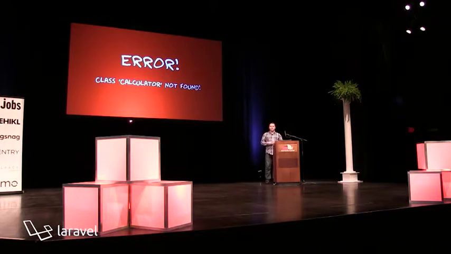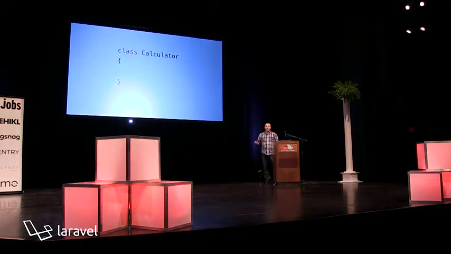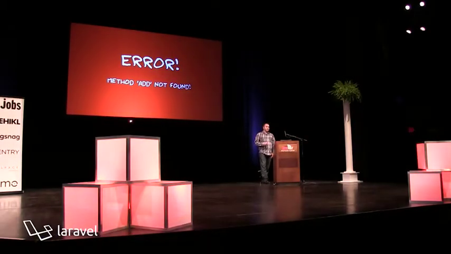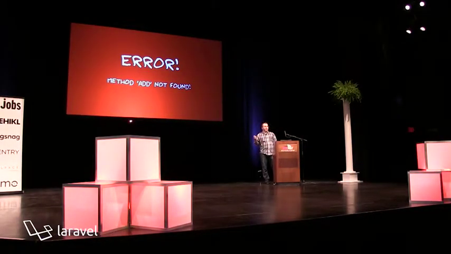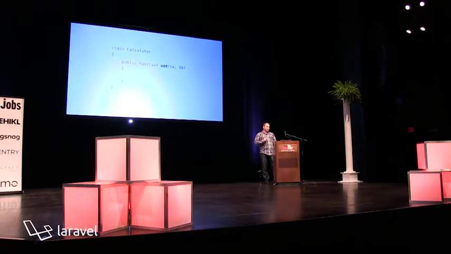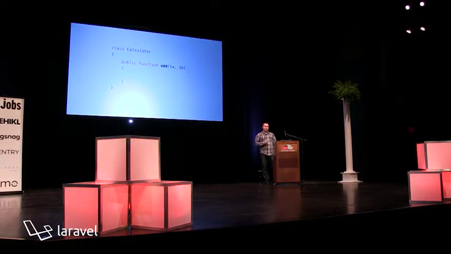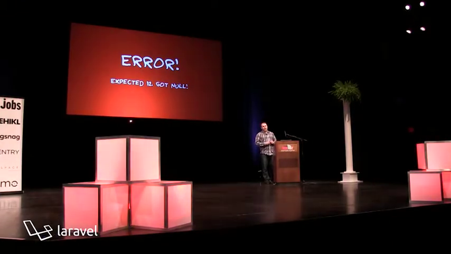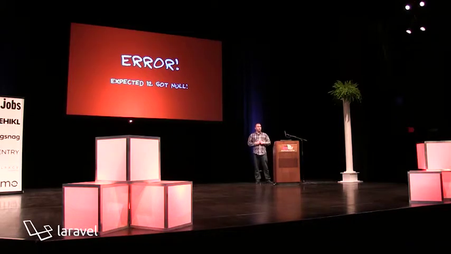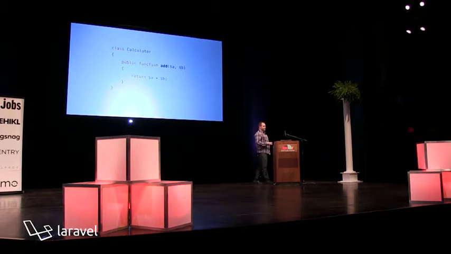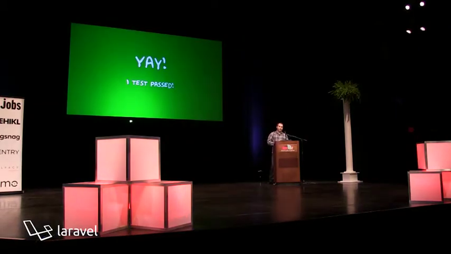Because we're doing TDD, we haven't written any code yet, so there's no way that the calculator class can exist. So following the errors, the first thing that you would do is define the calculator class. And that's all you have to do. Then you run the tests again. And now we get an error saying that there's no add method because our class was empty. So we go and add an add method. We specify the parameters that we had outlined in our test. And we run the test again. And now we get another error saying that we expected 12 but got null because we're not returning anything from that function. So now you go and actually write an implementation for your add method, run the test again, and